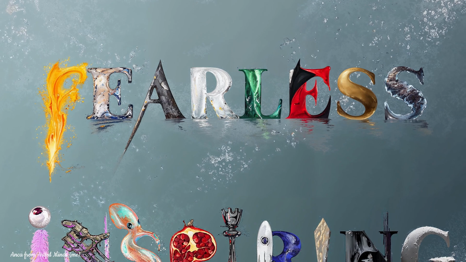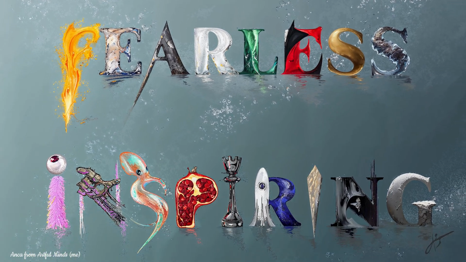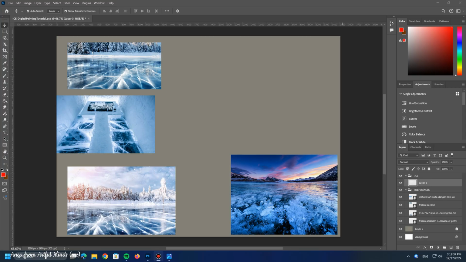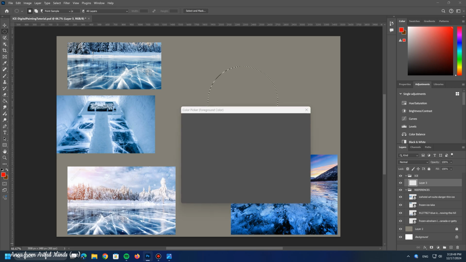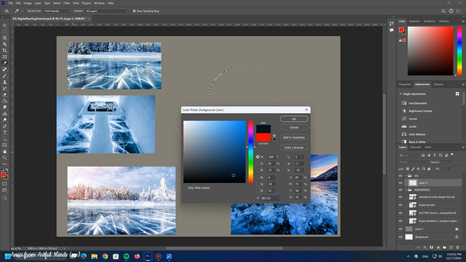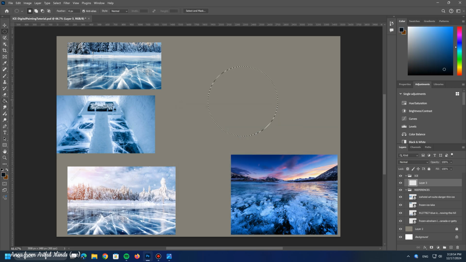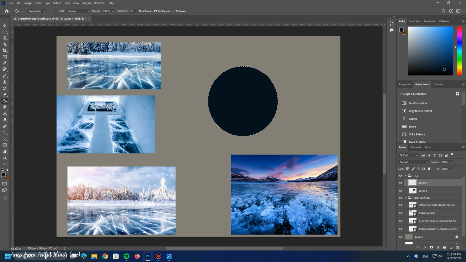Today, we're diving headfirst into the art of textures. Together, we'll create a mesmerizing sphere of ice, step by step, learning exactly what makes it shimmer and feel so real. Ready to bring your art to the next level? Let's get started. We are now in Photoshop, where I just created a circle using the elliptical marquee tool and